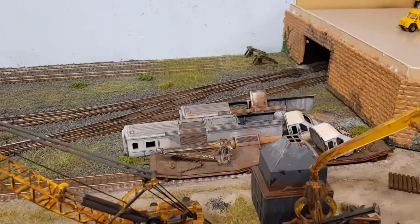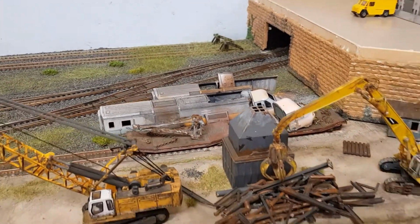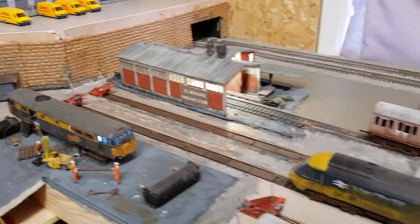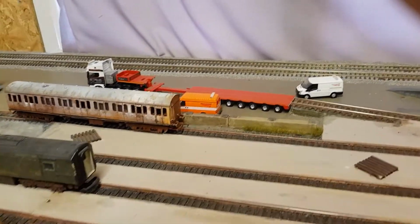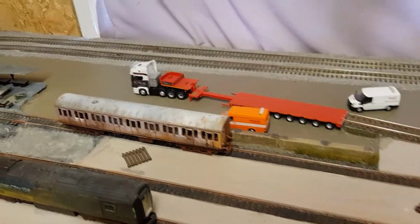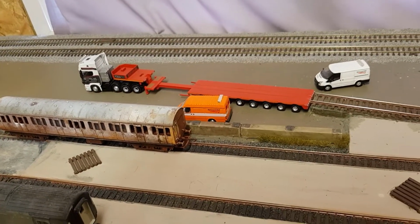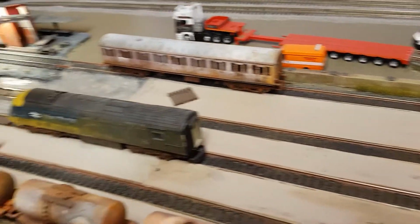Came around here, got a couple of old 125s cut up, again waiting to be chopped up for scrap. So basically, this is what I call the boneyard. We've got the two main lines coming out at the back. We've got a nice big low loader. Both of these van lights, they do work. And then we've got some